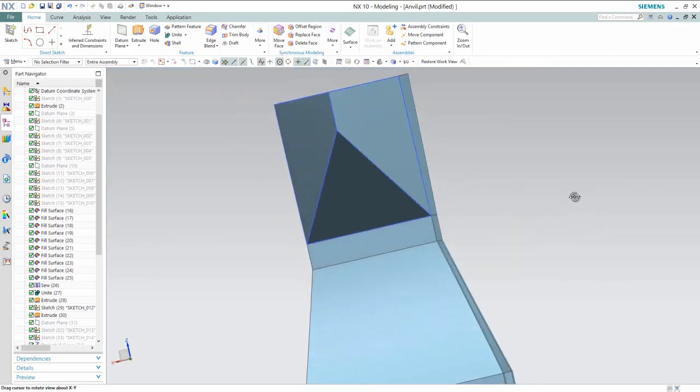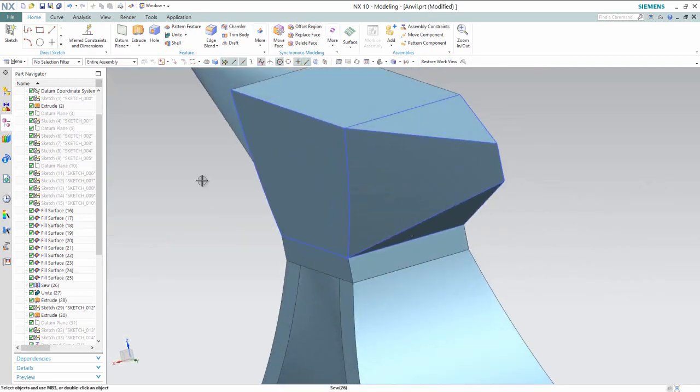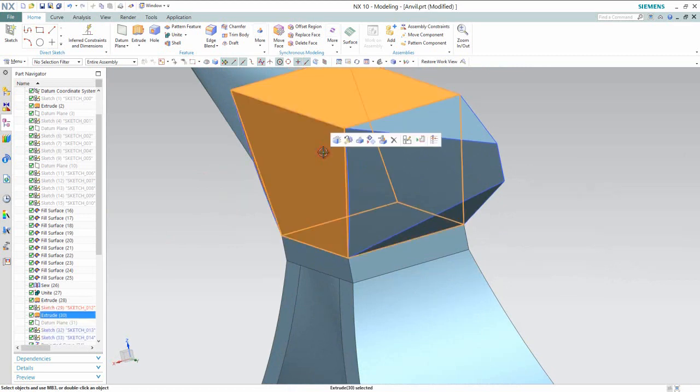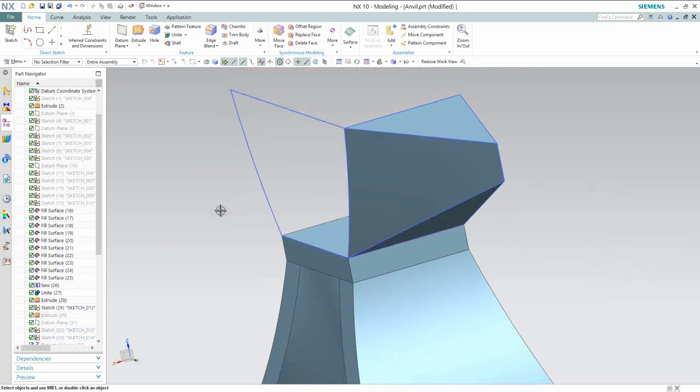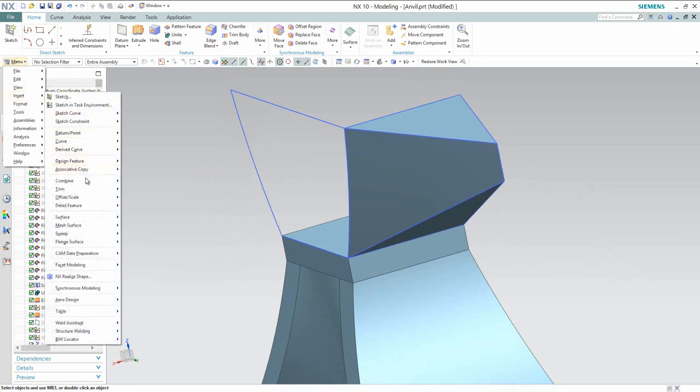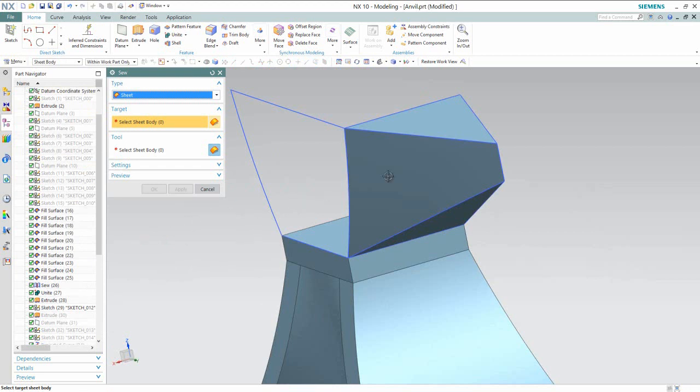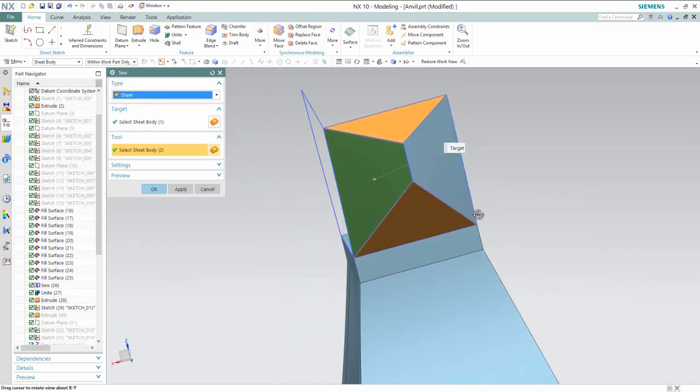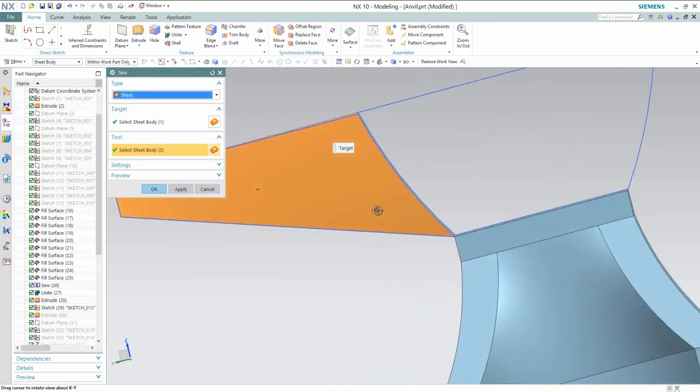OK. Now see the result. Hide the visibility of the previous feature and activate the sew command. Select this one and select this feature and this surface feature. OK.